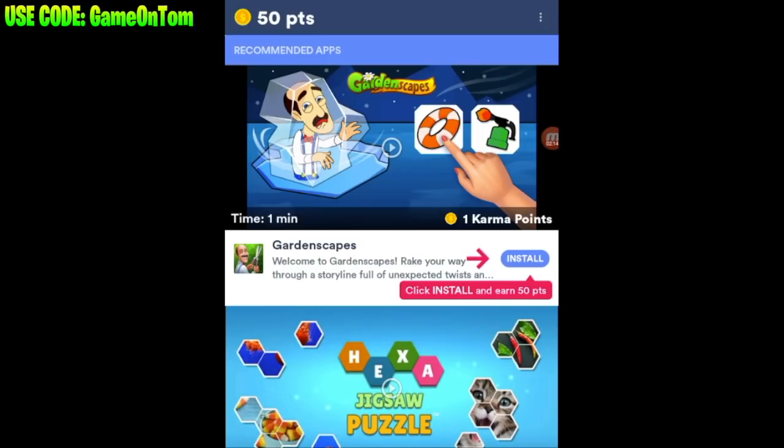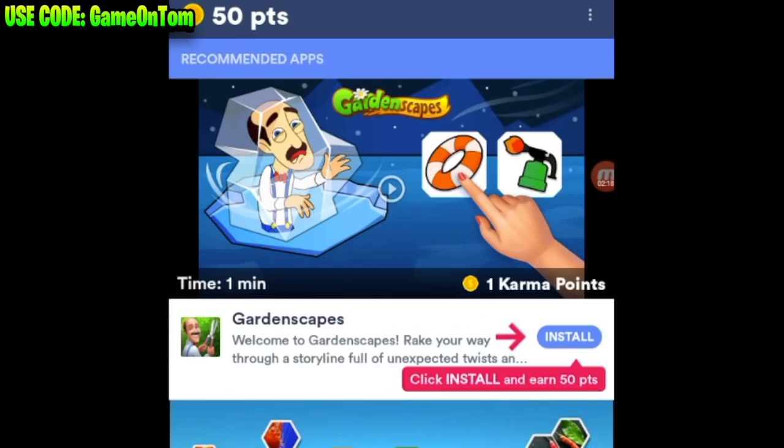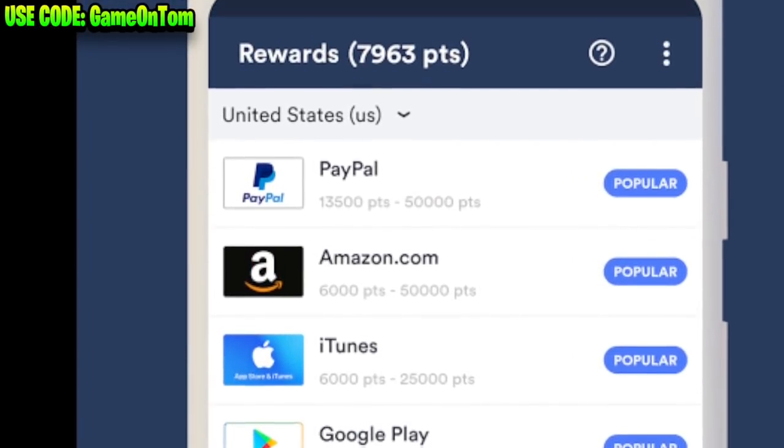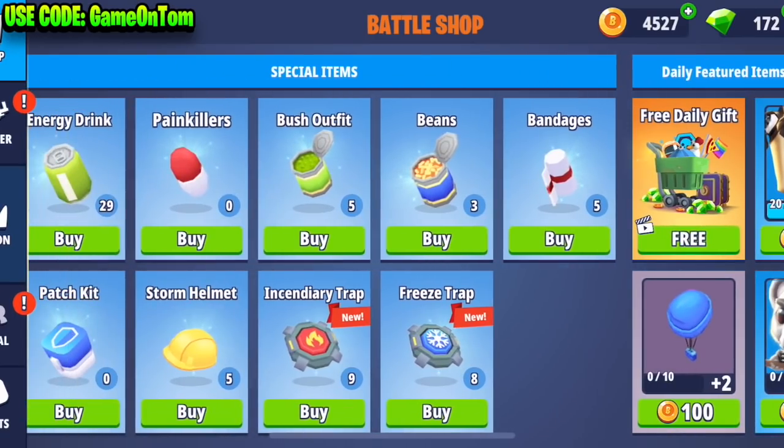Now one thing to bear in mind guys is when you use Play Karma, just be a bit careful. Don't reinstall the app over and over again, because it is sensitive to fraud. So you just want to open the app, do the installs, do the offers, and then you will have no issue. So if you do have any questions on how to use Play Karma to get yourself some free traps,